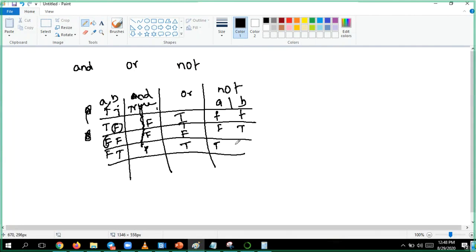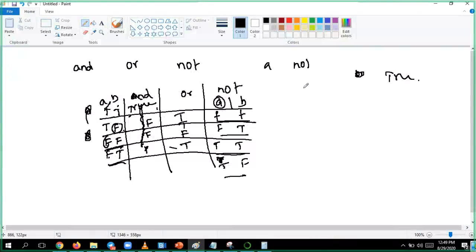This is called NOT. If I give A, NOT means the inverse of it. If I give true, then it will become false.